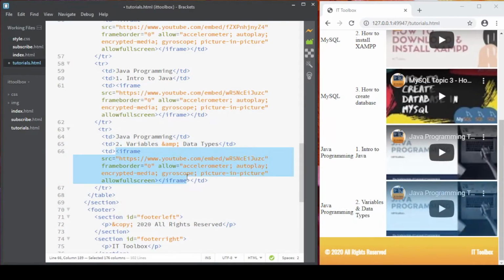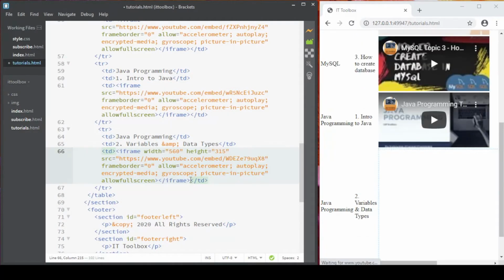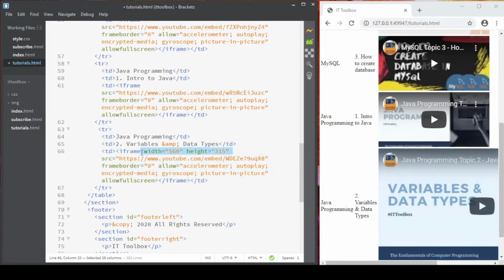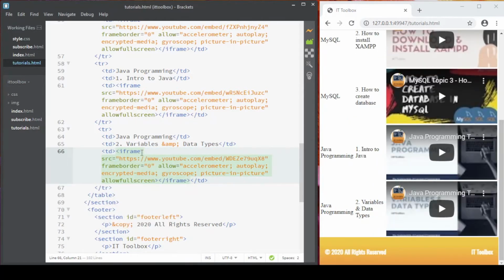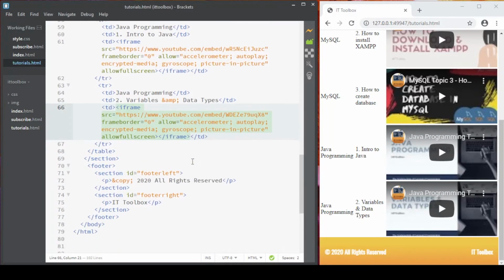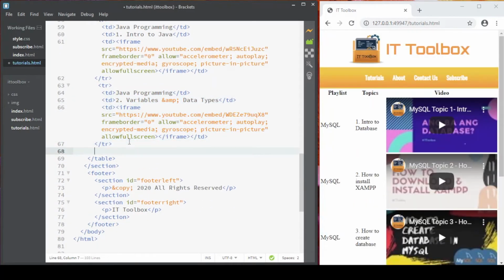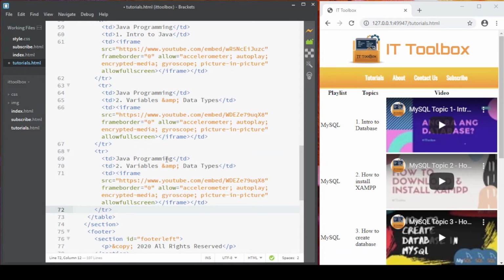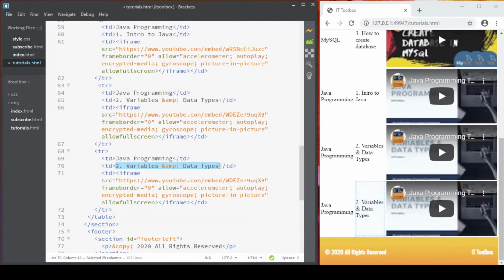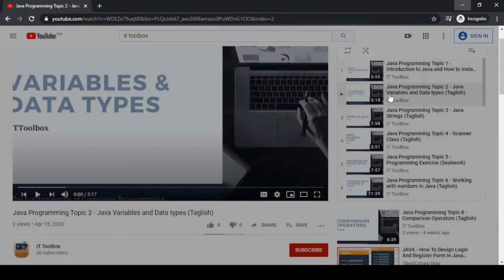And replace the codes here. Remove the width and height property. Let's add one more. Copy these codes, paste it, change the second TD value into 3 dot Java strings. Go back to YouTube, click on the third video,